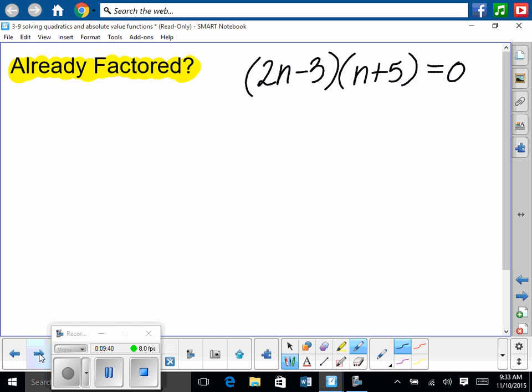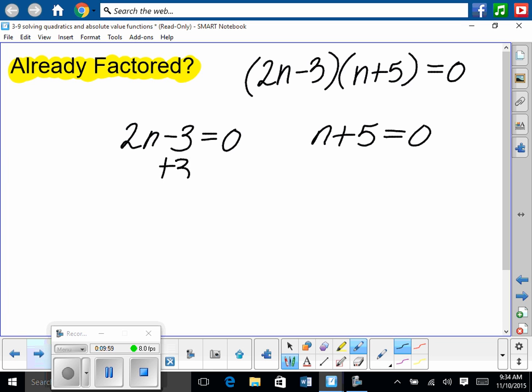So don't go to the trouble of multiplying it together. The whole point of factoring is so that we can set linear factors equal to 0. Does everybody understand how these are linear factors? So we can just set each of those equal to 0. 2n minus 3 is equal to 0, and n plus 5 is equal to 0, and in each case solve for n. So we would add 3,